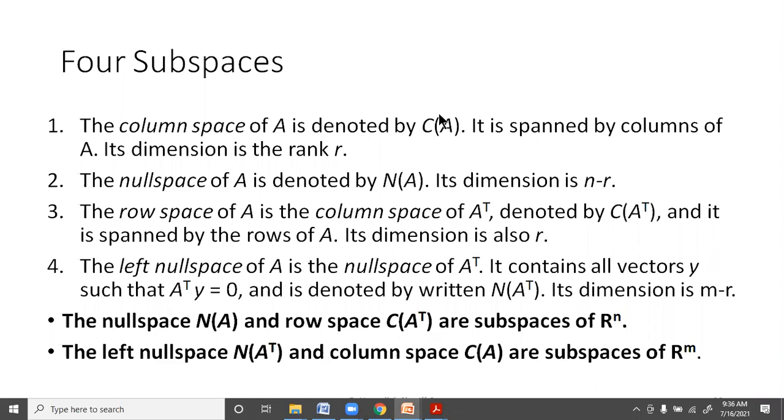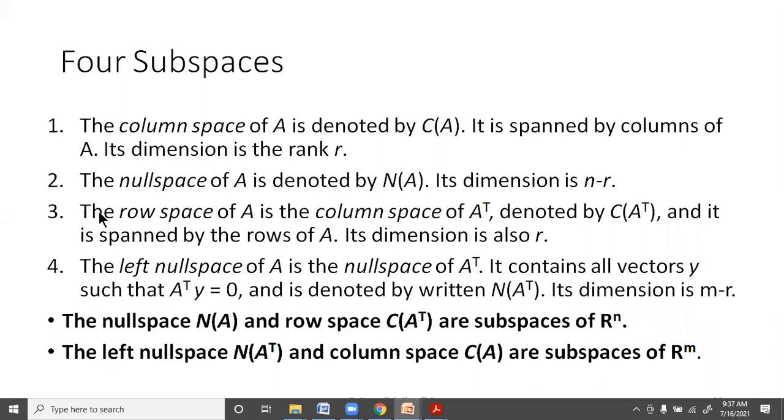So two independent columns will give us the column space, and the solution for Ax equal to 0 will give us the null space. We know that the solution for Ax equal to 0 gives the null space, and its dimension corresponds straight away to n minus r. These two spaces we have already seen, how we can find the column space and the null space. However, we'll take more examples of the same.